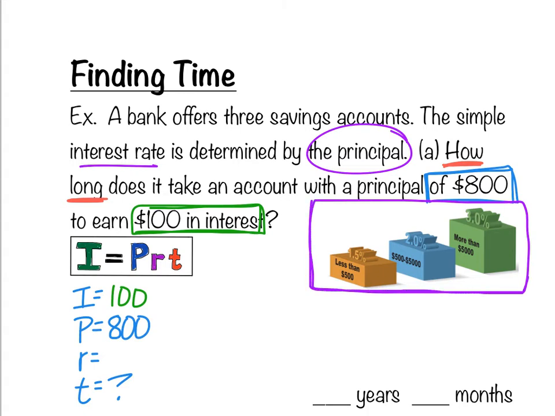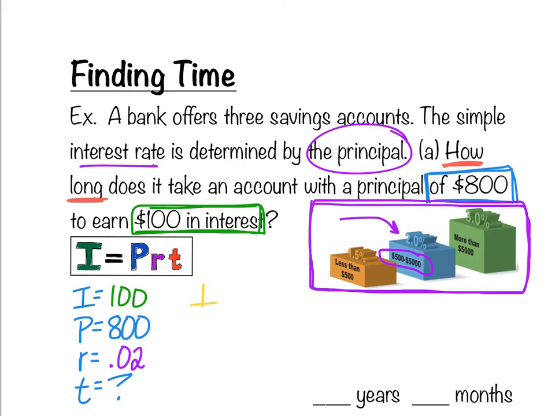The more money you put in the bank, the more they give you as far as an interest rate. Because we are putting in $800, that's going to put us right here at 2%, because we're putting in between $500 and $5,000. Less than $500 is 1.5%, $500 to $5,000 is 2%, and more than $5,000 they give you 3%. So our interest rate here is going to be 2%, or 0.02. So now we actually had to look at that picture, but we can see we're using a 2% interest